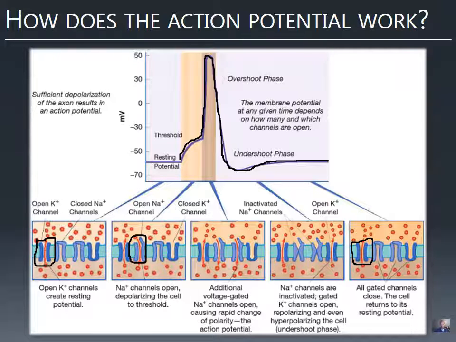The neuron gets a little bit depolarized, then those sodium channels that are voltage gated sense that change in the membrane potential, they start opening up. Lots of sodium comes in, opens up all the sodium channels until eventually they shut down. And then potassium channels open, and now positive charge is rushing out of the neuron in the form of potassium. So we see this quick increase in the membrane potential and this just as quick decrease. And then it returns back to its resting potential and it's ready to fire again.